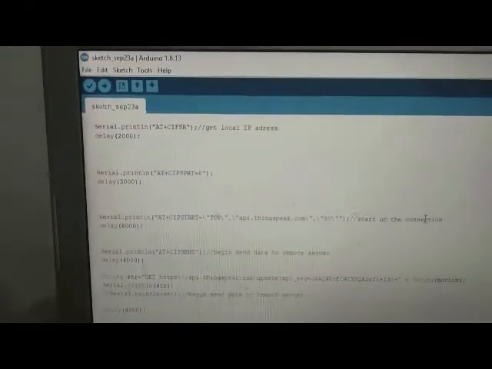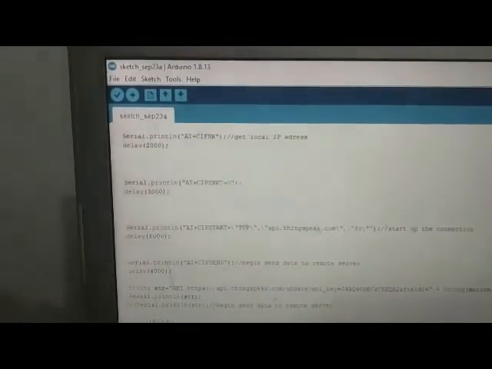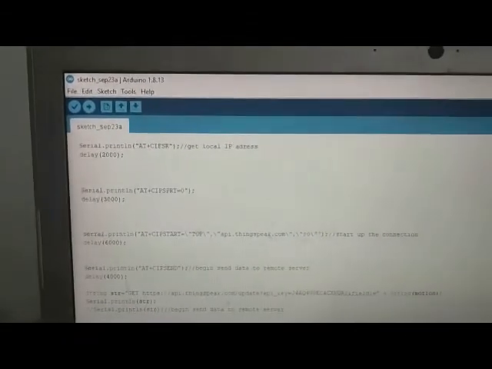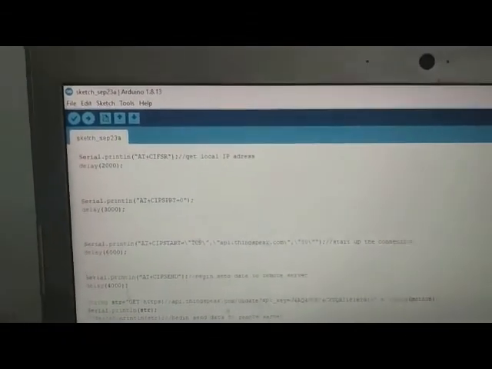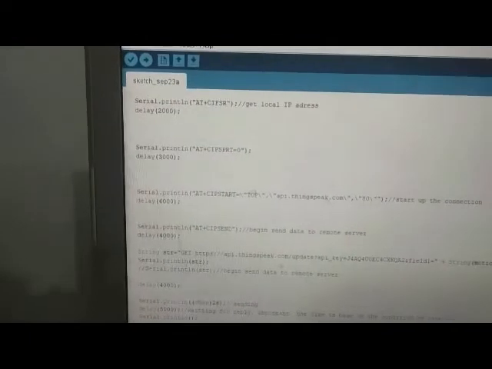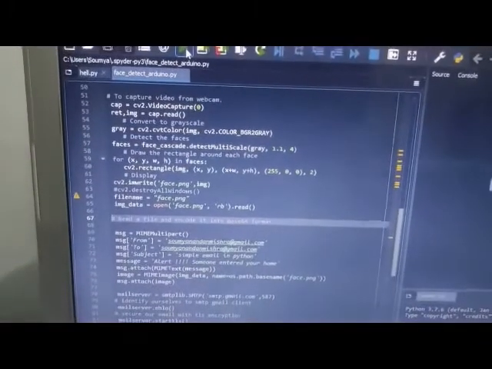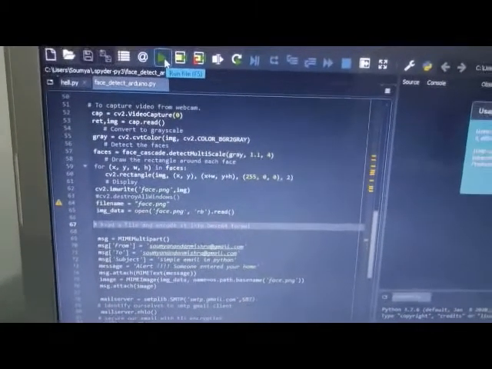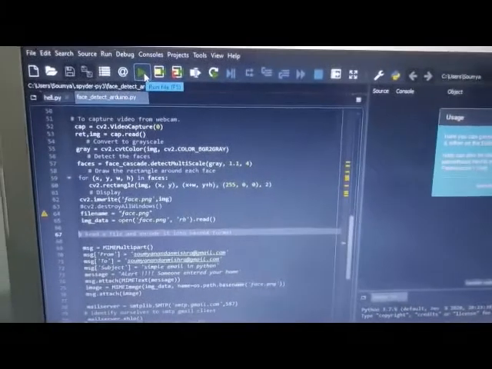Now we move on to how we detect the face and send the image capture of that unknown person to the owner's mobile. We move on to the Python program. We execute it. It has been integrated with Arduino.